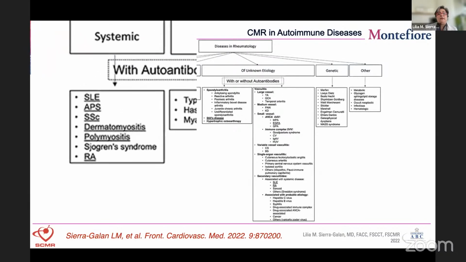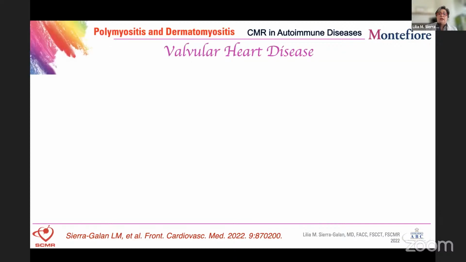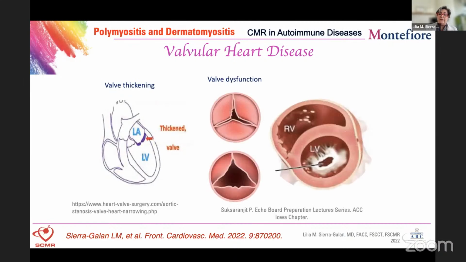And for the next one, which is polymyositis and dermatomyositis, this affects mainly the valvular heart disease, again, by thickening the valve and producing valve dysfunction. Which valves? Only the left ones. It could be the aortic or the mitral valve. Both produce stenosis. So again, not every mitral stenosis is rheumatic, and not every trivalve aortic stenosis is degenerative. It could be polymyositis or